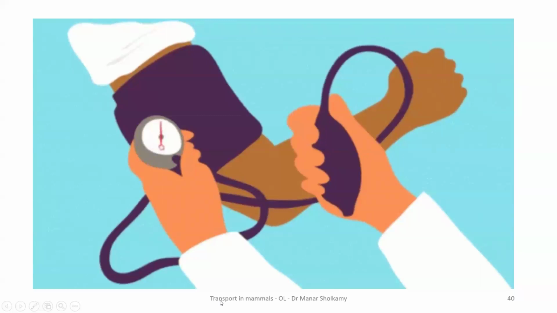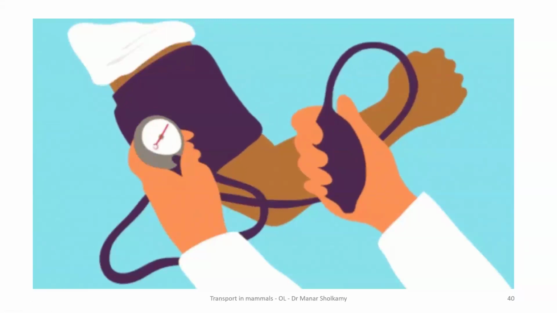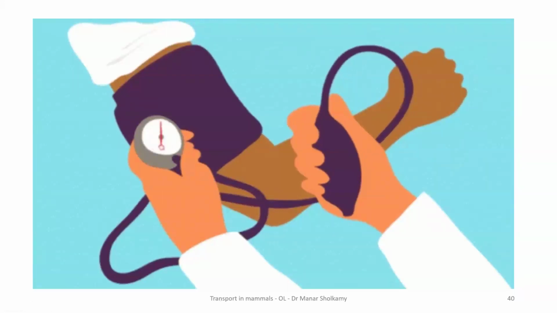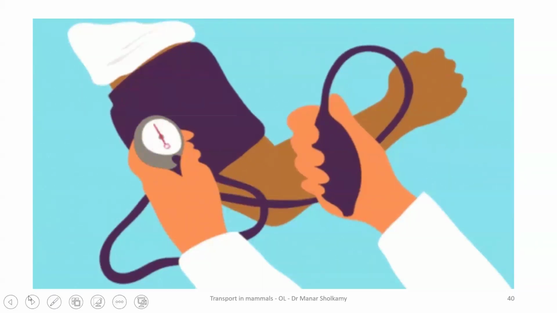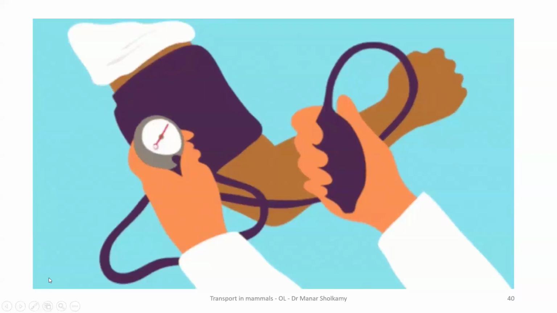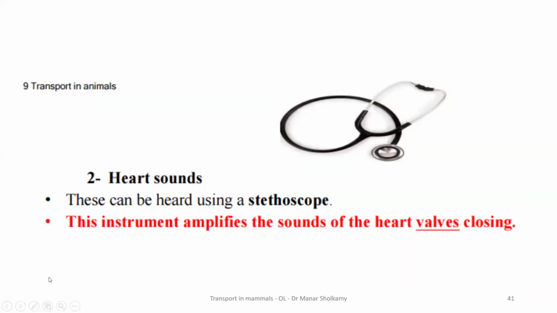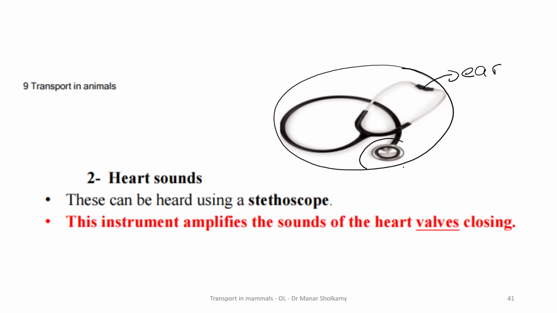pulse. And this is the traditional stethoscope that you see with every doctor. And this is also a manual method that measures blood pressure and heart rate. Okay? So these are all manual methods, but the digital device is electronic. And this is the stethoscope. This stethoscope, you apply this part in the ear of the doctor, of course, and you apply this part on the chest of the patient, and you hear something.